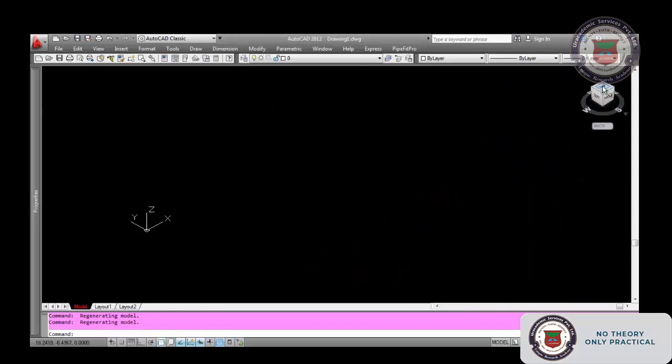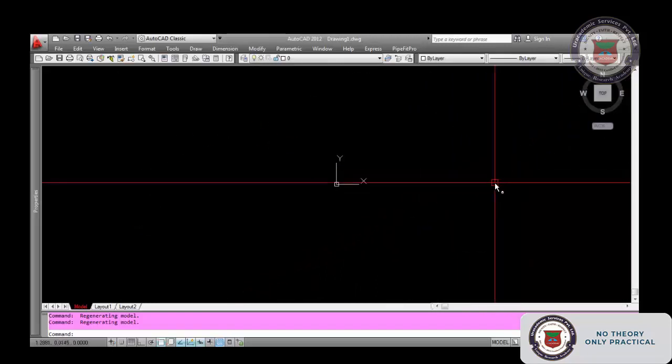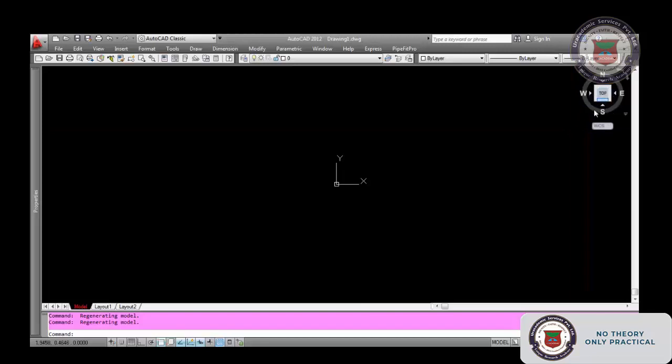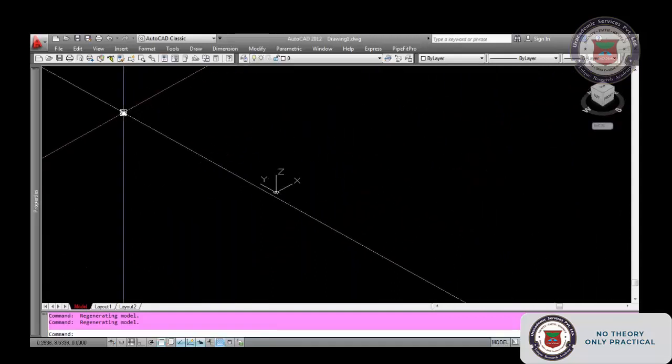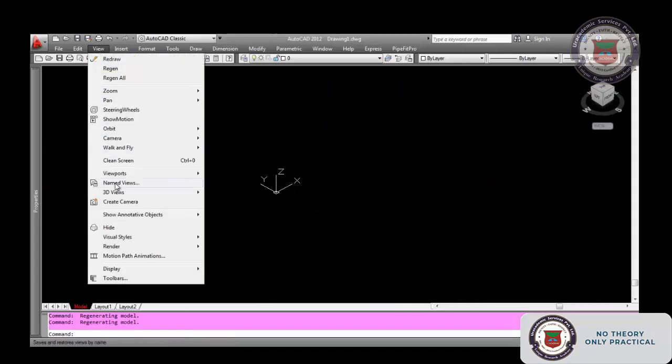Again, if you want to go to the 2D view, you can do it by clicking top, back, front, right, left, something like that. You can click any view because this cube has all the views. For example, this one, this, whatever you want you can get. So this is the AutoCAD 3D window. Okay. And next you go to the viewports.